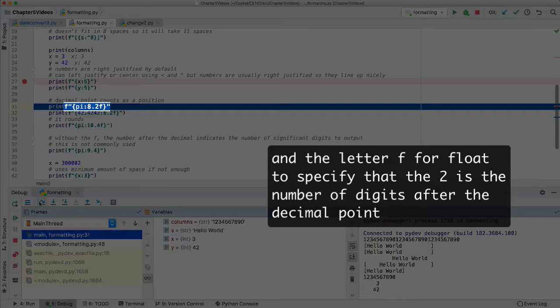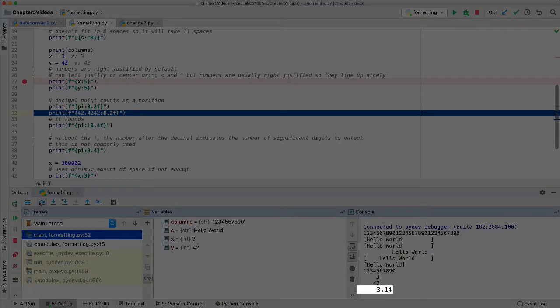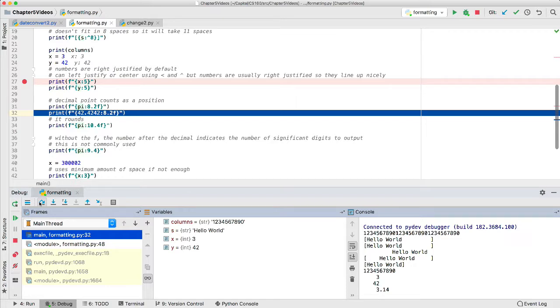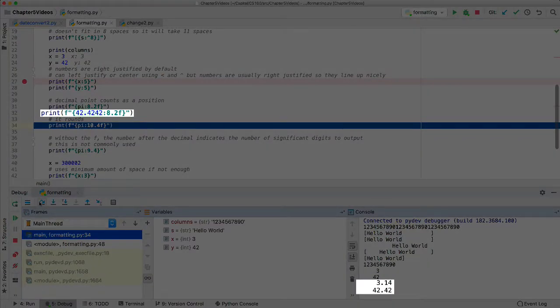So in this example, we were outputting the value of pi right justified in 8 spaces with 2 digits after the decimal. Note the decimal point counts as one of the 8 spaces. So there are 4 spaces, the number 3, the decimal point, and then 2 more digits. You can also format a constant as this shows. Since we use the same formatting of 8 total digits with 2 digits after the decimal, the numbers will line